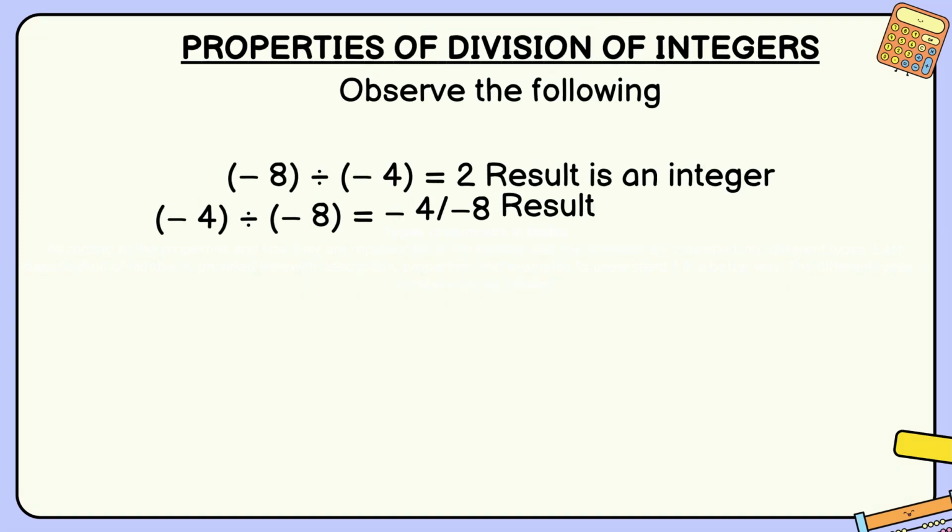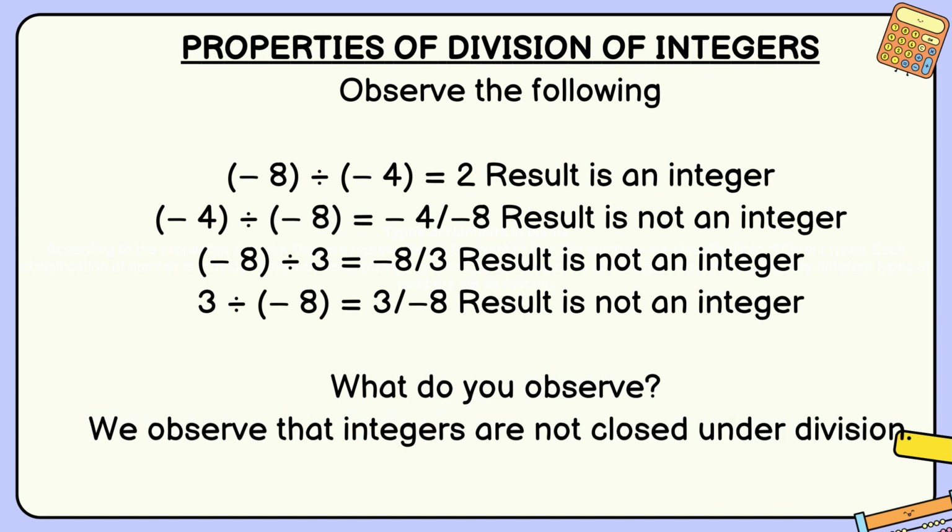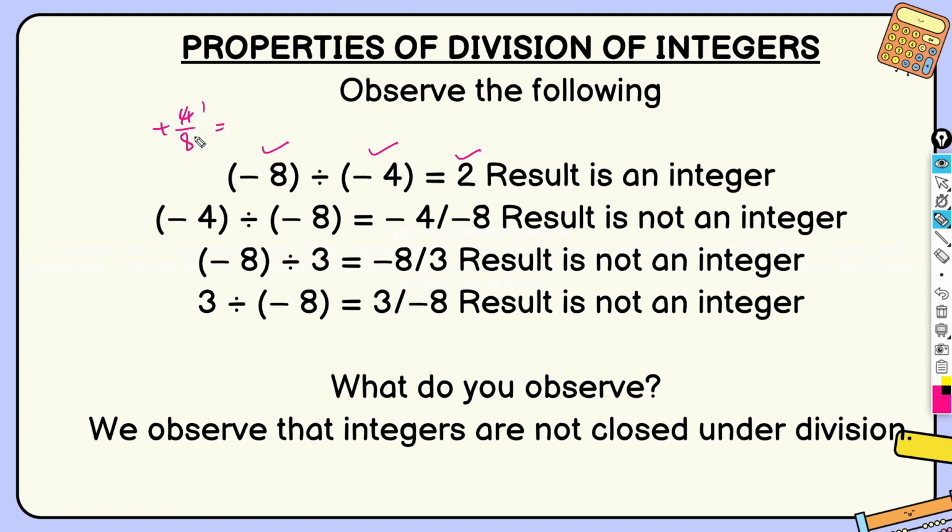Now let us see properties of division of integers. If you observe the following, minus 8 by minus 4 is, minus by minus is plus, and 8 by 4 is 2. So the result is an integer. Whereas minus 4 divided by minus 8 is, minus by minus is plus, 4 by 8 is equal to 4 1s are 4, 4 2s are 8. This is equal to 1 by 2. 1 by 2 is not an integer,